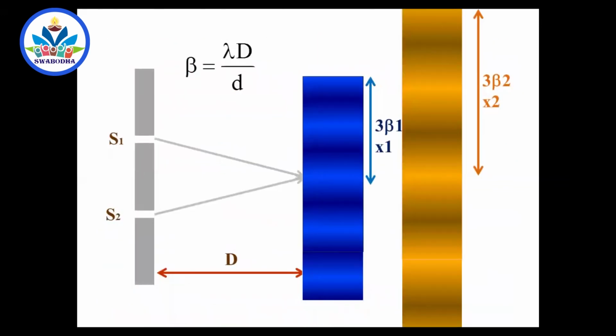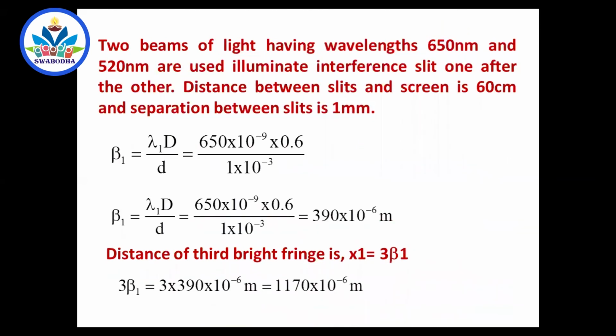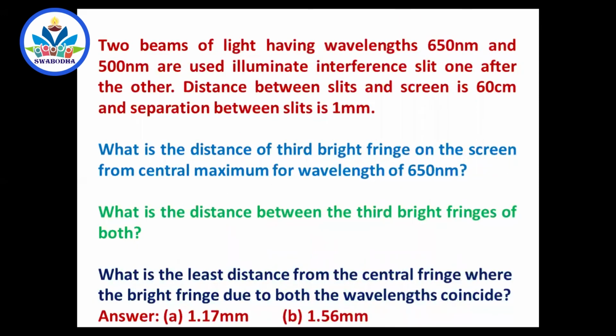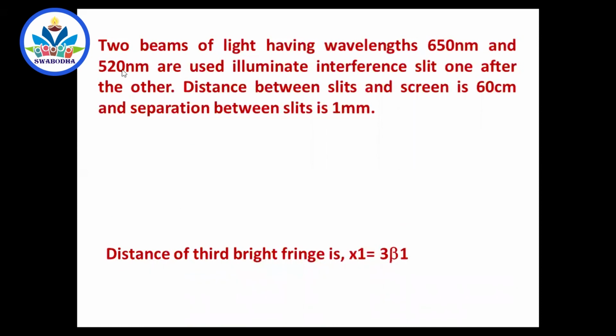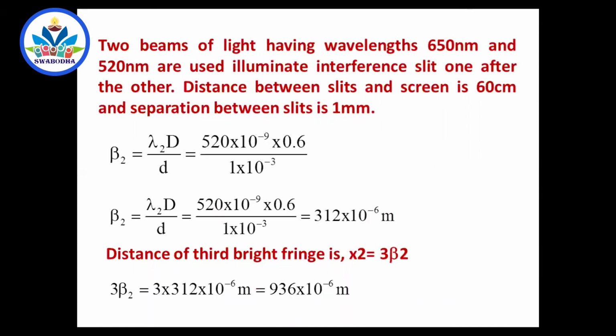Somewhere I have gone wrong, I have a doubt. Right, this is over and it is 650. Somewhere I have taken it wrong. It is 500 here, it should be 520. That's what I was guessing about here, how it came different. So 650, and this is 520. In the next case, it is 520. Beta 1 is over, 3 beta 2 is over. Everywhere we have used 520, we will take it as it is.